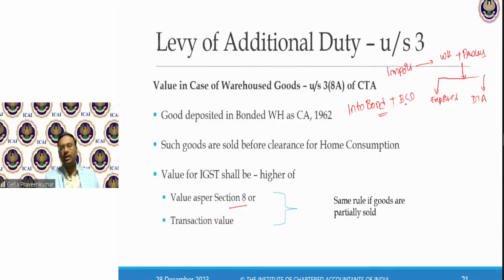So I could have into bond value, or transaction value because of this process activity, a transaction value which is much higher. So when I imported, at the time when I filed this into bond, what is the basic value? That is import price plus basic customs duty. This together is called my into bond value, which is under section 8. In case there is a valuation which is happening, then I would call that a transaction value. Higher of these two is referred for my basic customs duty purpose.